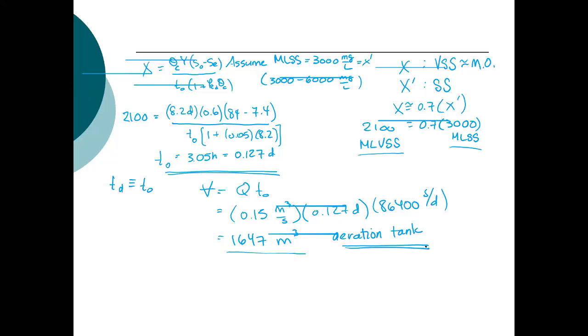Yeah, just conceptually, what should I be thinking for the difference between mean cell residence time and detention time? Okay, so mean cell residence time, if you could hitch a ride on a bacterium, it's how many times you're going to go around in the system. If you could hitch a ride on a water molecule, that's your detention time. So your water is flowing through much faster. You're not recycling water. You're recycling these microorganisms. It's kind of how long you're residing that mass of microorganisms,